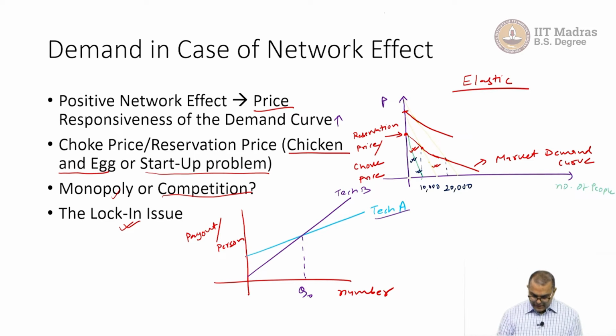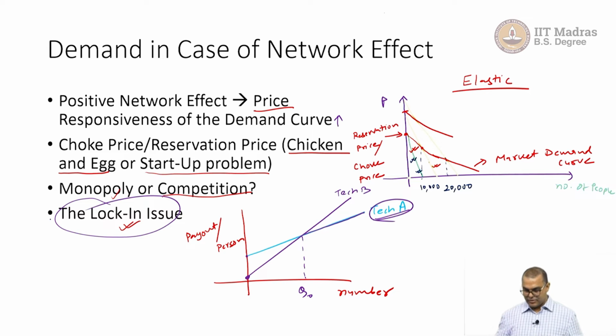But what is happening here? Because in the beginning technology A would be adopted, because when number is very low, technology A is doing better than technology B, and now everyone is on that network. It becomes very difficult for people to move from technology A to technology B, because when it is starting, it has no number, there is no one, so return is much lower. So even you keep on moving on this technology A, it remains here. If everyone moves to technology B, it would be better for everyone, but the thing is no one has individually incentive to move to technology B, so you can have lock-in issue in case of network effect.